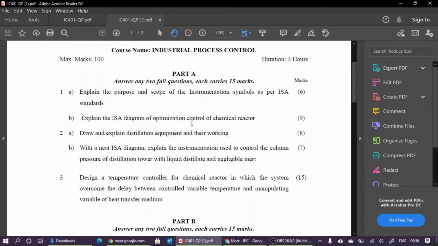for example, corresponding to 100% valve opening, if the flow rate is 1000 gallons per hour, then what is the meaning? The control valve is 100% open, or the control output is 100%, means the system is demanding greater than or equal to 1000 gallons per hour of liquid. The system is not capable of providing that much liquid because the maximum opening of the valve is 100%, and corresponding to that opening the flow rate achievable is 1000 gallons per hour, but the system is demanding more than that.